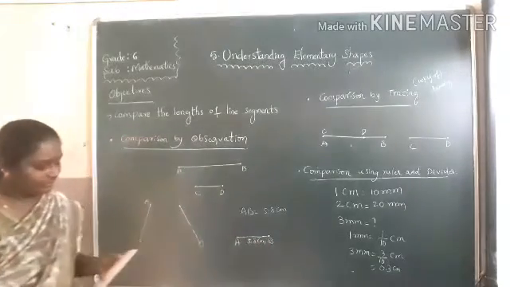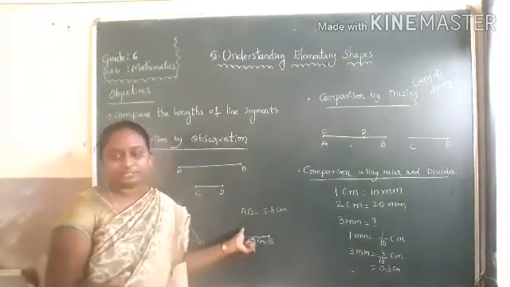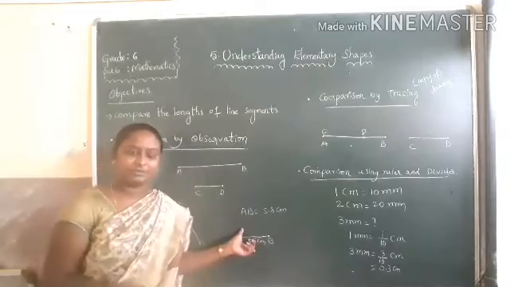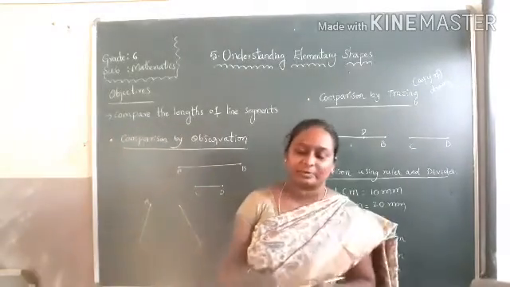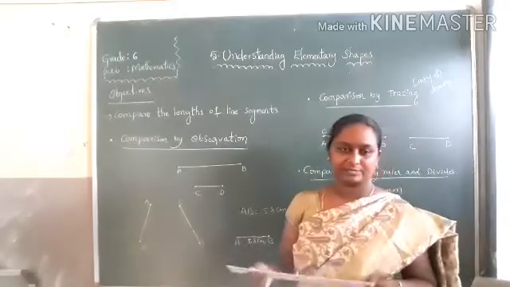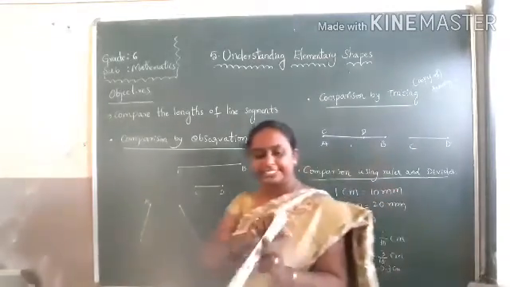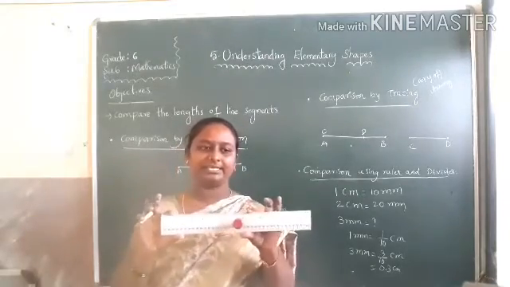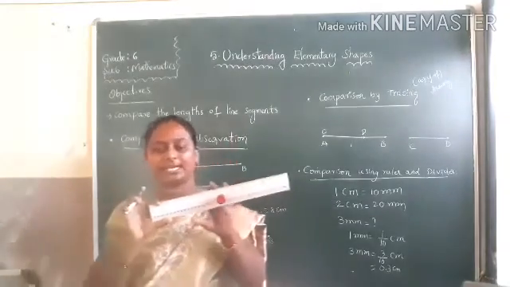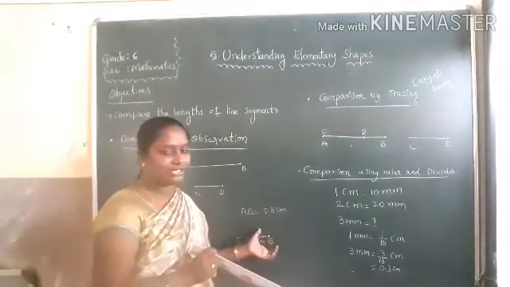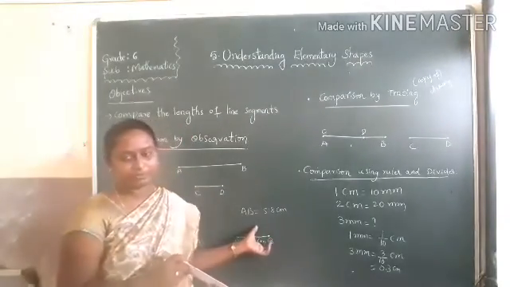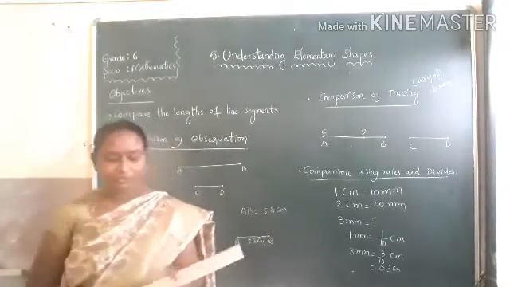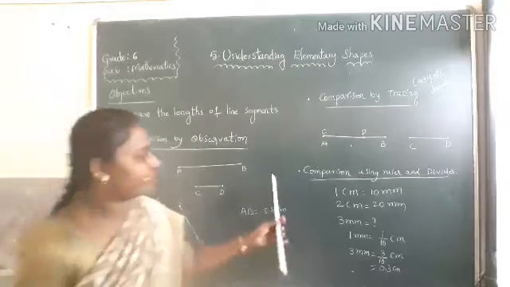In this also there are some errors. Why do we get errors in this procedure? The thickness of the ruler may cause difficulties in reading the marks on it. That's why, by using a ruler, a little bit of error will happen. So that's why we go for the next one, the divider.